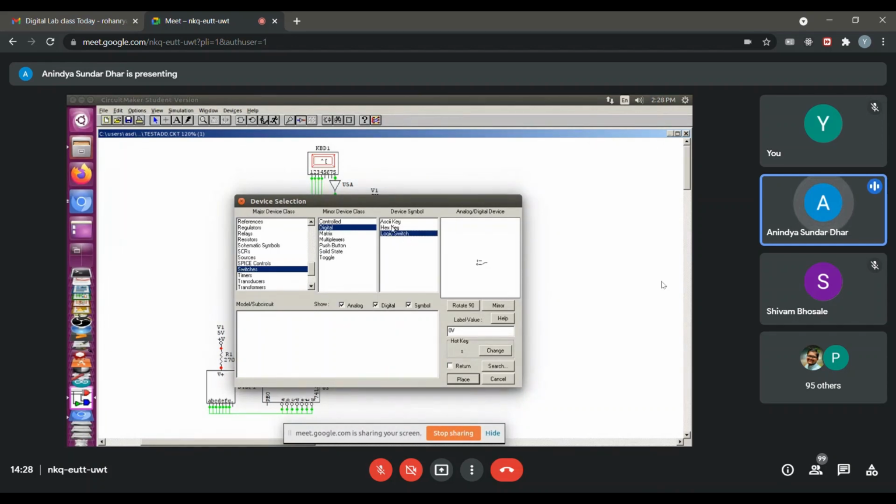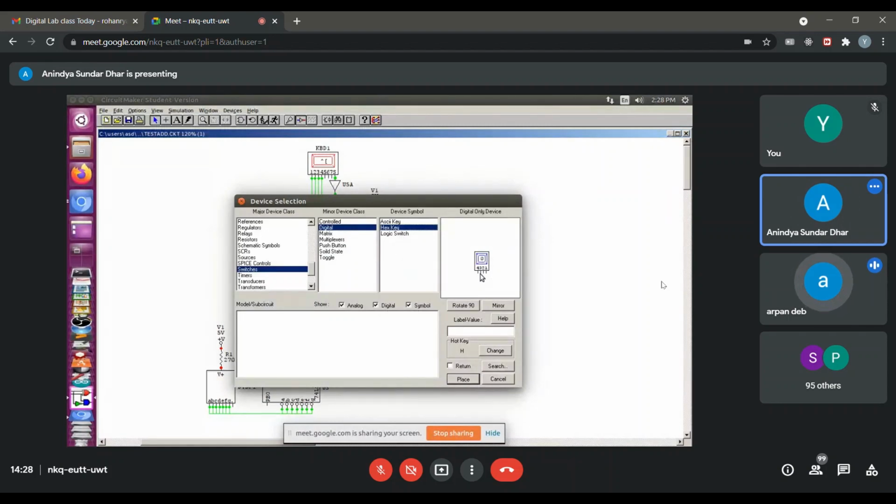Other than that, there are 2 useful stuff. One is called the hex key. I believe in 2000 also they will be there. In this hex key, if you press any of the hex digits, say from 0 to F, there are 4 lines. This one side is LSB, the other side is MSB. So if you press, for example, A,